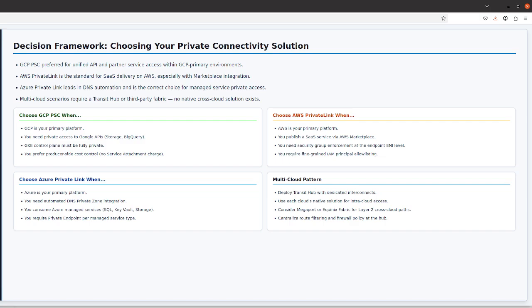The per availability zone hourly cost of interface endpoints adds up quickly. Organizations should evaluate whether gateway endpoints can serve S3 and DynamoDB traffic to reduce cost, and whether a centralized VPC endpoint sharing model via AWS Resource Access Manager reduces the number of endpoints that need to be deployed per spoke